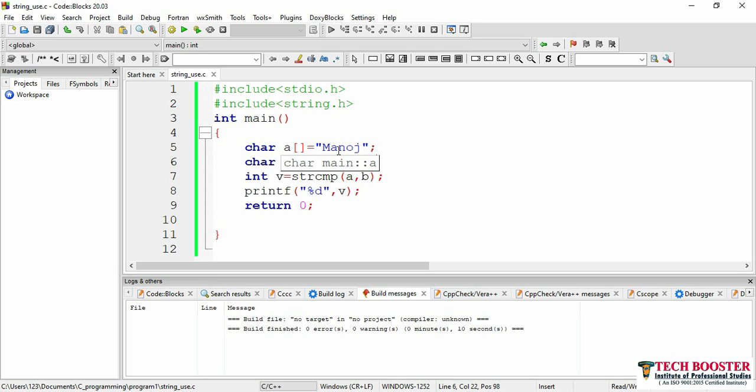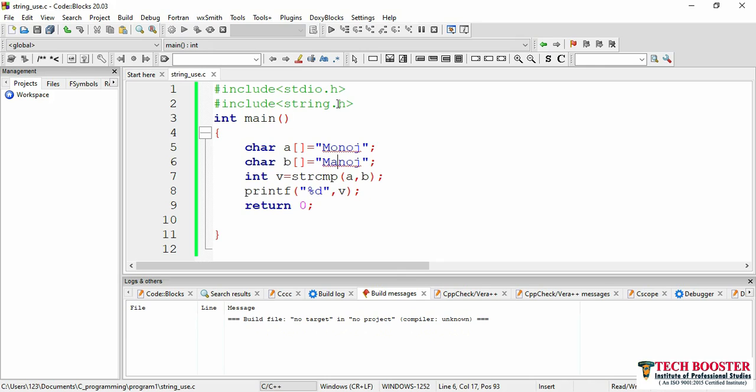So here A minus O, if I subtract the ASCII value of A with the ASCII value of O, in that case we will have a negative value. That's the reason my output here is -1. Similarly, if you write O here and A here, and now if you run this one, in this case you will have your output as +1.